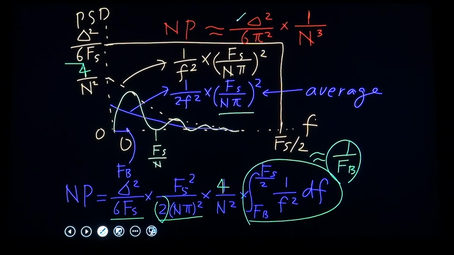There should be some 4 here, right? So we can get this output noise power. This is proportional to 1 over n cubed, 4 over 6, 2/3 pi squared. Let's compare this output noise power with the